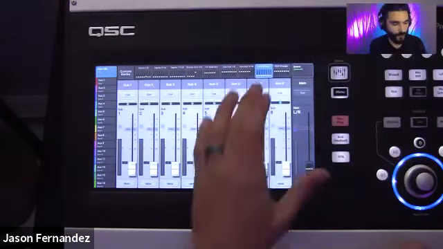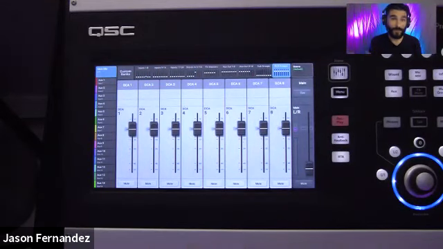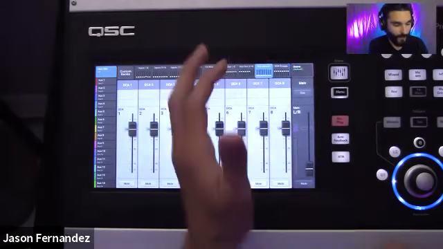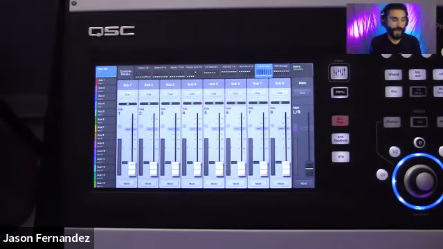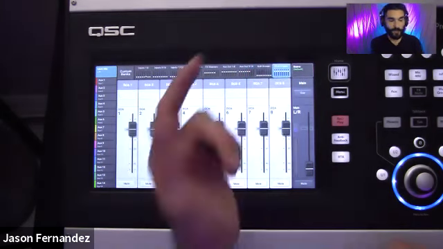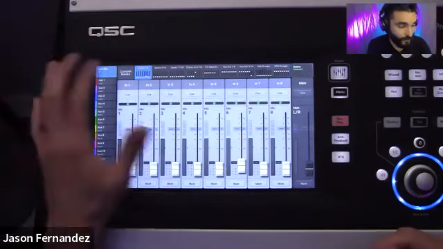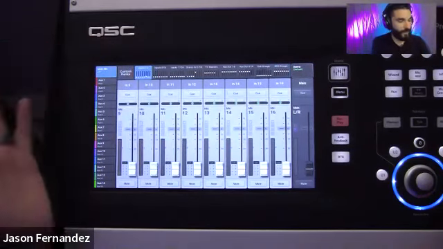And then you've got your different group types. We're not going to get too far into the groups. There actually is an entirely separate webinar where we dive into the groups very specifically. But on all 3 models, you do have channel group options available to you. On the 30, we have subgroups as well as DCA groups. And on the 8 and 16, you're going to have the option for DCAs and mute groups as well. The 8 and 16 don't have the subgroups option. So there you go. It's very simple navigation.